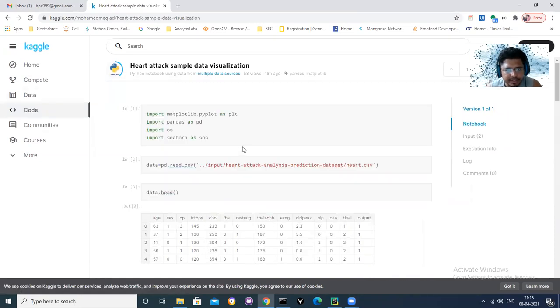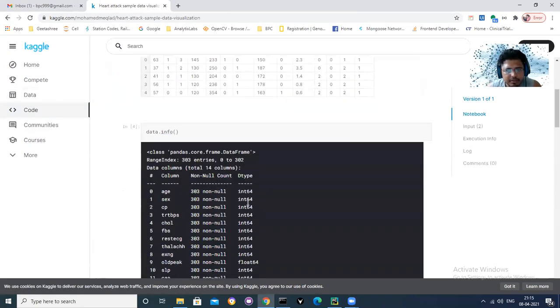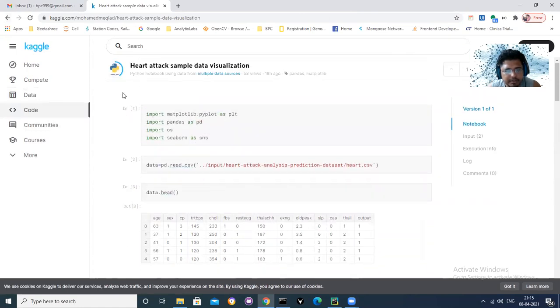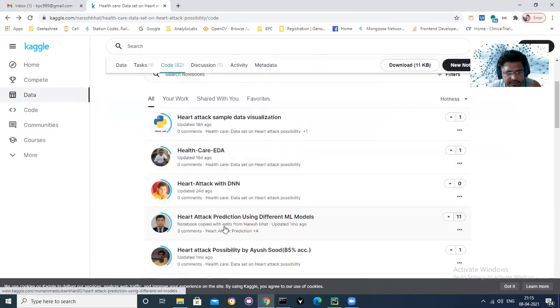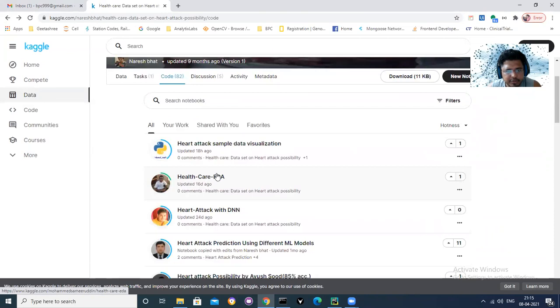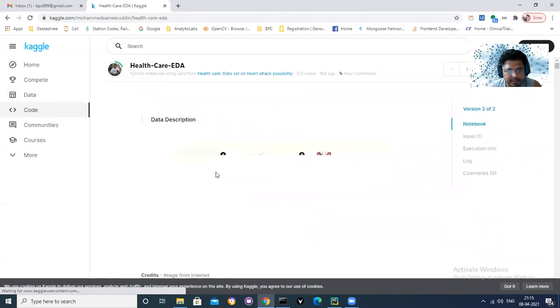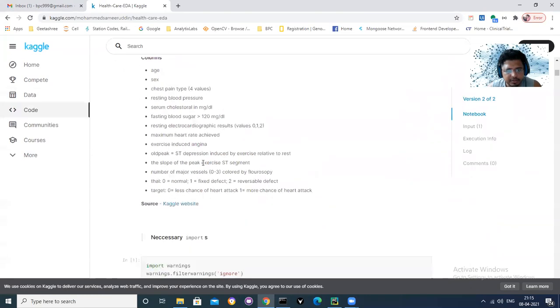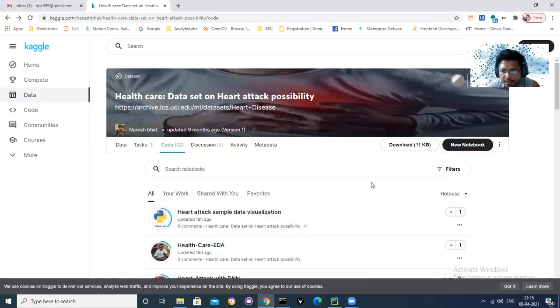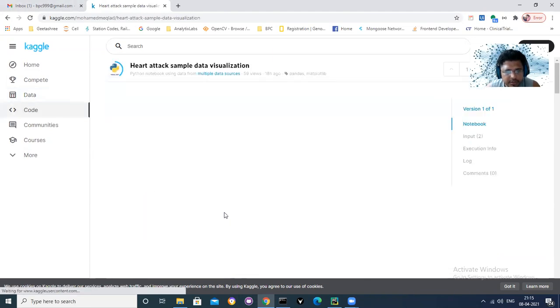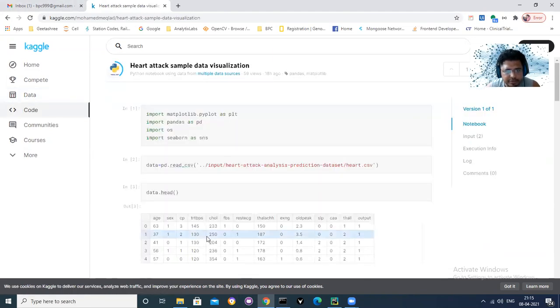So here is a sample heart attack data visualization, you will get that people have done this. I had given you some targets that you had to achieve, right? So we will do that today here, once Deepika shares it on the screen. So we'll do sample data visualization. Here the author is... I sent that zip in the chat.